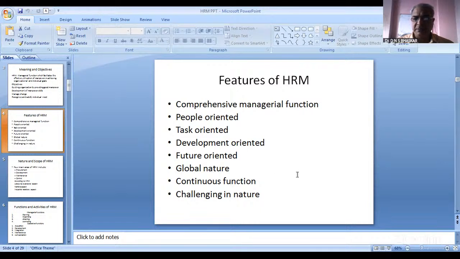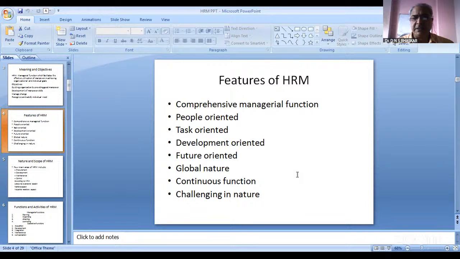And human resources management is basically global in nature. What is global? Nowadays, employees are recruited at the global level, not at the Indian level or a regional level. In earlier days, we used to employ an employee for a particular region. He used to take care of that surrounding geographical area. But nowadays there are global heads, global divisional people. So every employee needs to be globally capable of working in the organization.